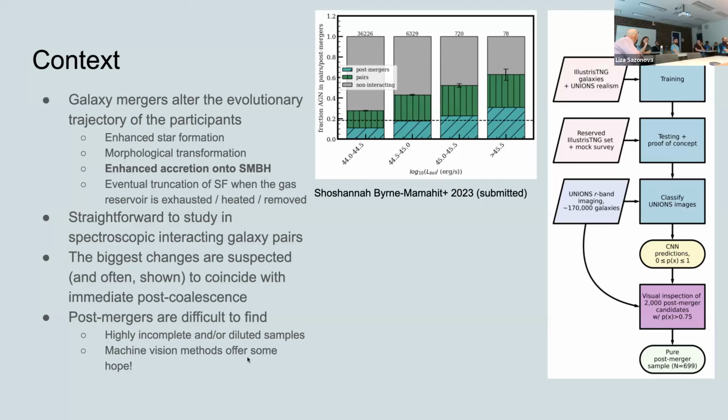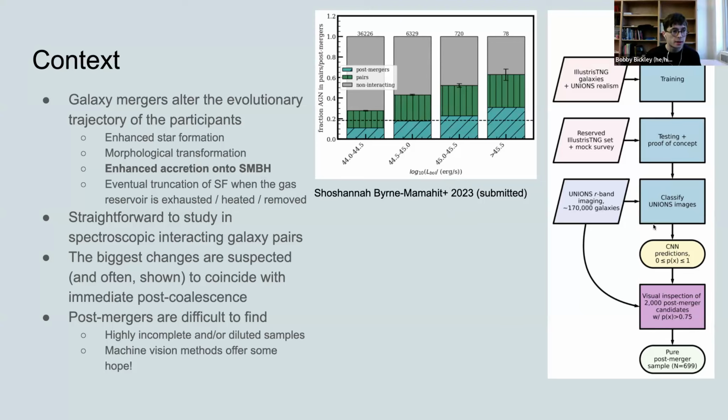Yes. X-ray luminosity of what? So, can you say that again? X-ray luminosity of what? Oh, yeah. So in the simulation, this is a bolometric luminosity derived from the accretion rate of the black hole in the simulation. In the observational studies, I'm going to be showing just X-ray luminosities from the eROSITA space mission, which have been probabilistically associated with galaxies. Thank you. Of course.